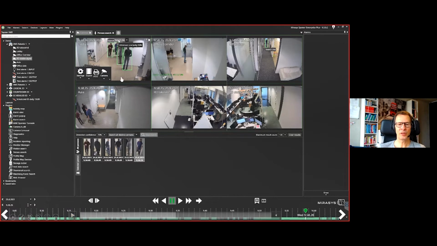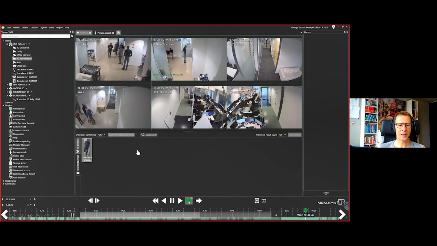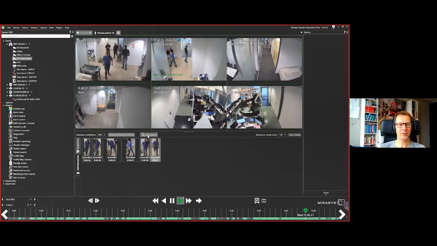And this is exactly customizable. So you see here we have only 6 cameras, but you can also add 16 cameras or whatever. So it doesn't matter for us. It is really depending on how strong your machine is where you're running the spotter on. So in this case we have 6, but it could be also 16 if you need to have 16 cameras at the same time for search. So let's continue in that way. And then we click on this guy here below and say, okay, in the next step, search for this guy in all the cameras.